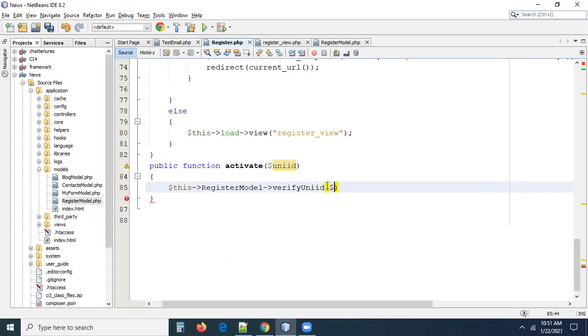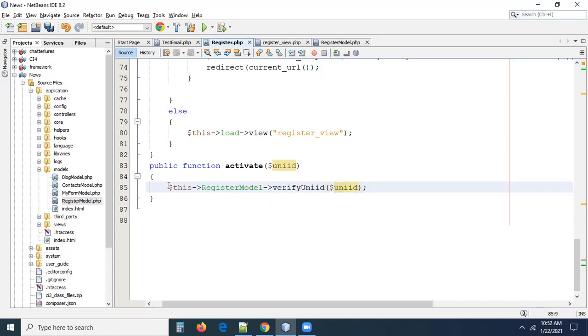Whatever the UniID we are getting in the URL, you have to verify it. Some people may try to log into your application with some dummy UniID. They will pass some dummy UniID to this URL to try to activate their account. So we don't want to allow that. If this UniID is available in the DB, then we can activate our account. Otherwise, we don't want to activate.